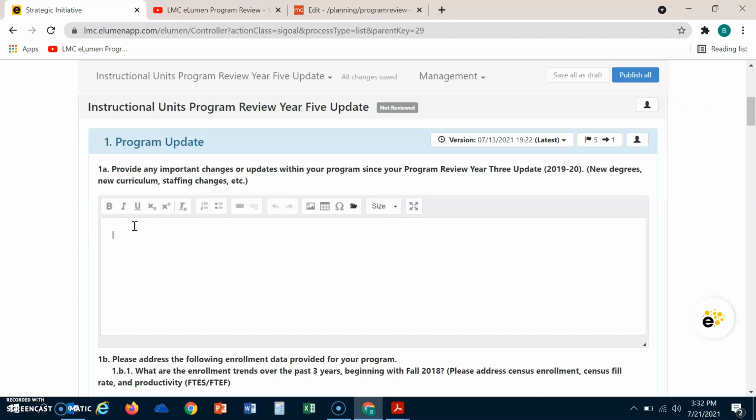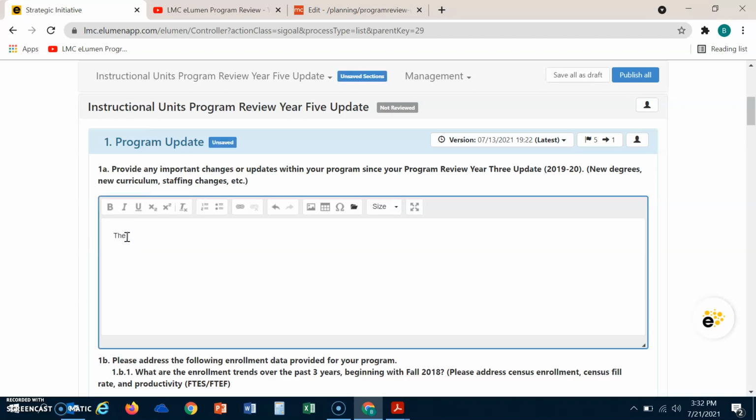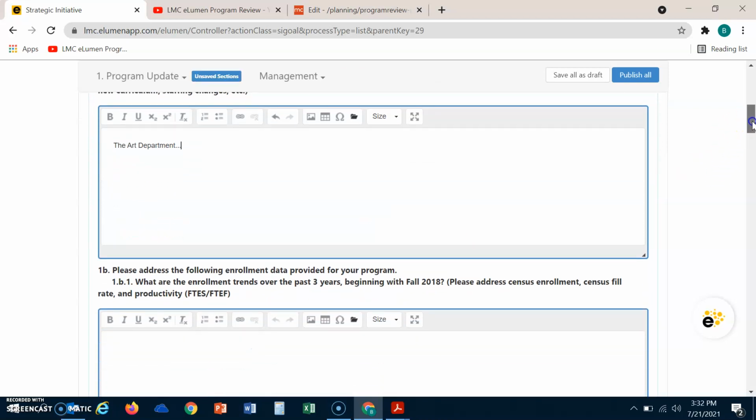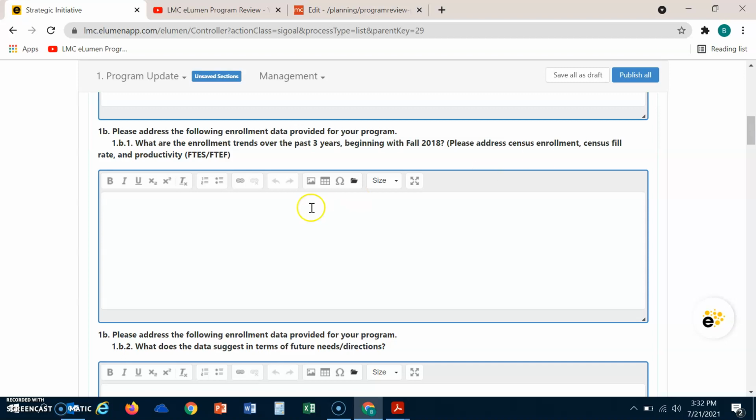To enter in your response, simply position your cursor in the text box below the question and add the information you'd like to, similar to a Word document. After entering my response to this question, I use the scroll bar on the right-hand side of the screen and scroll to section 1B. For section 1B, you're going to want to review enrollment data for your program utilizing the